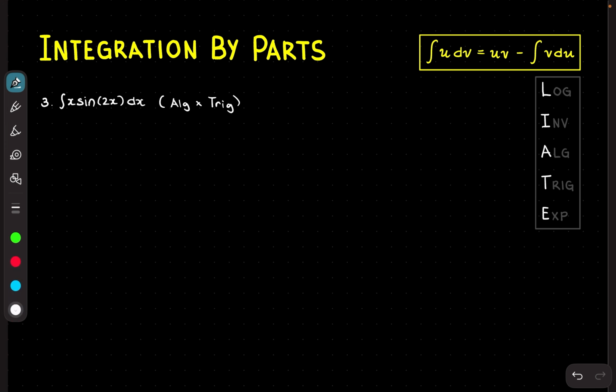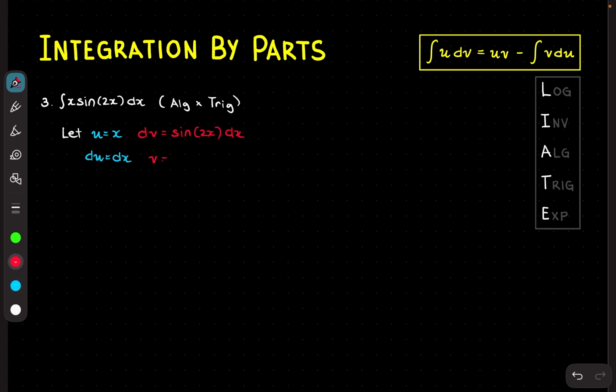So given that by LIATE we choose u to be equal to x, dv to be equal to sine of 2x dx. Again, since x is algebraic, it's higher in the hierarchy. Then, as usual, we get du and v. So we have here du equal to dx, and then from here